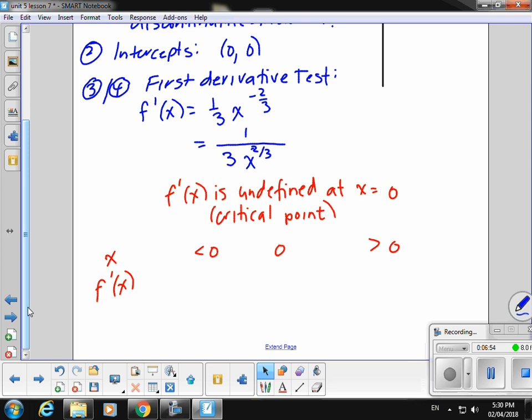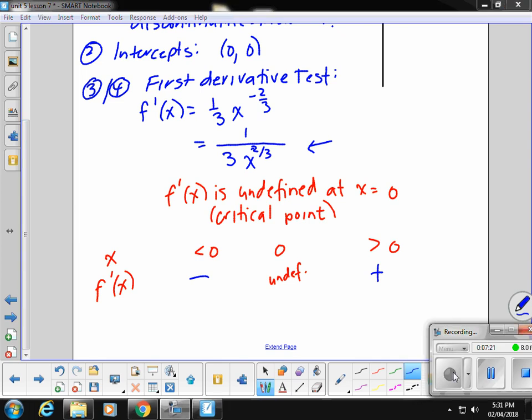So I know that this is undefined. If I look to the left, if I have a negative, I'm going to get a negative. I'm just putting values in here. If my x value is larger than 0, I have a positive root. It'll be positive. So I know I have,